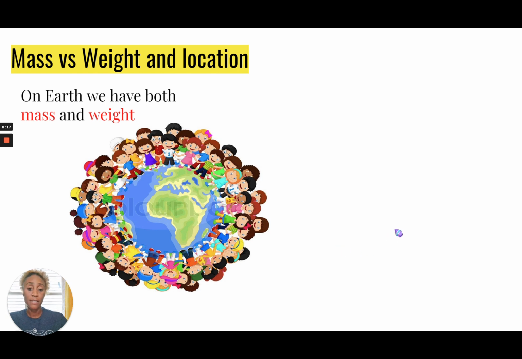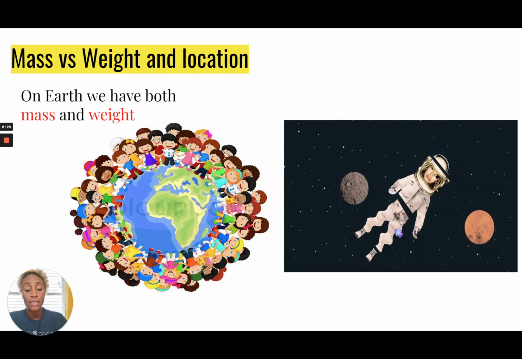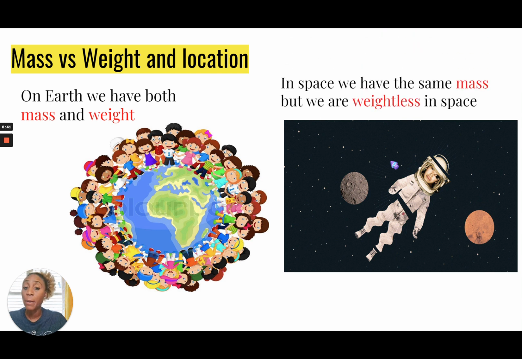What about space? Let's talk about space now. In space, as we said, the astronauts will be flying around, floating around, because there's no gravity to pull them down, right? Or some books will tell you that there's a tiny amount of gravity, but it's not as much as on Earth. So, therefore, when you're in space, your mass does not change. You're the same mass, you're the same size, right? So the mass does not change. But in space, you don't have any weight,